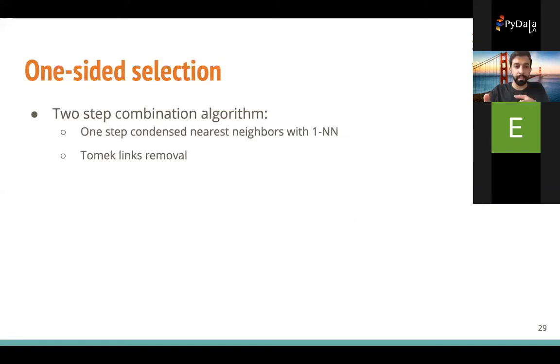Now we move to the methods that try to combine both, like removing the boundary and removing the inner points. However, they try to apply a softer version of removing inner points. For example, the condensed nearest neighbor is a very aggressive method, but if we apply it only with one step, it's actually much softer. It's applied with one step, but with a larger initialized U set. Remember, we initialized the U set with only 1 point. This can be a hyperparameter. We can initialize it with 100 or 200 points, and this will allow more of the majority set to remain. And then we apply Tomek link removal to kind of trim along the edges.